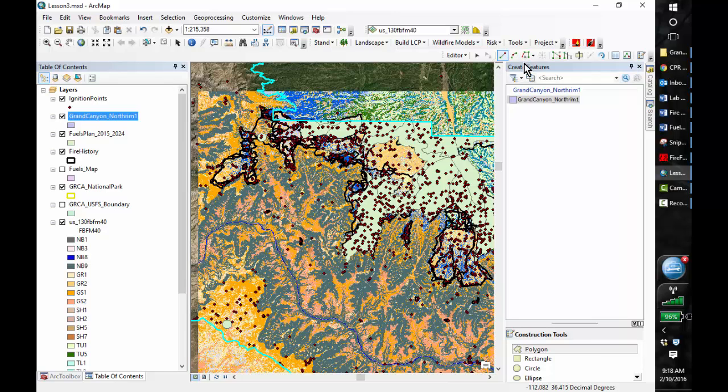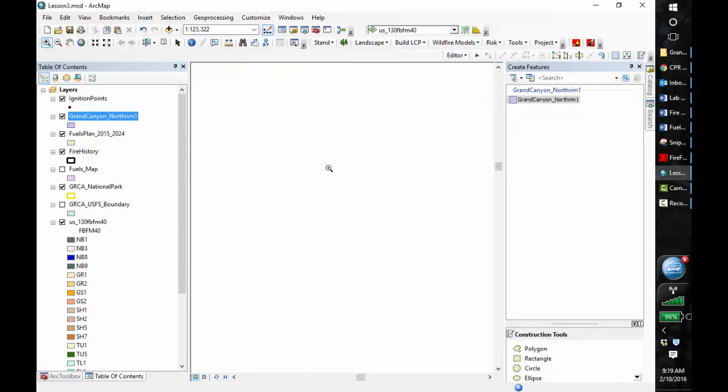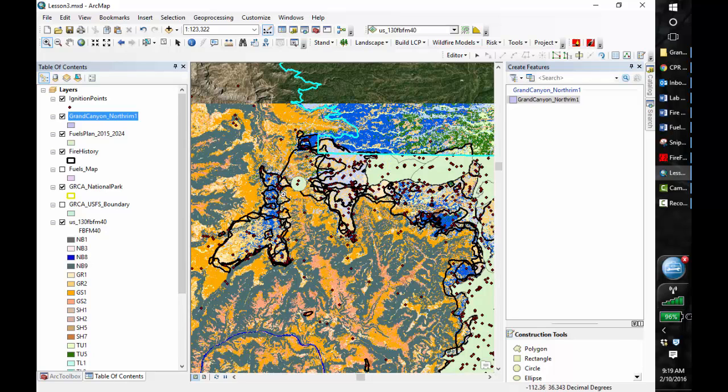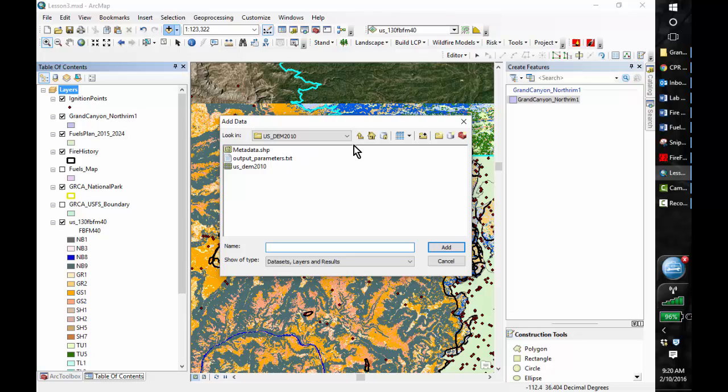I'm going to be using the straight segment, and I'm going to zoom in toward my area a little bit. I'm going to use my plus sign, and I'm going to just start to trace along the edge of the north rim of the Grand Canyon. And also it follows generally along where the fires have occurred, but more importantly I'm looking for the north rim of the Grand Canyon. So what I'm going to do here is actually add my slopes layer from LANDFIRE